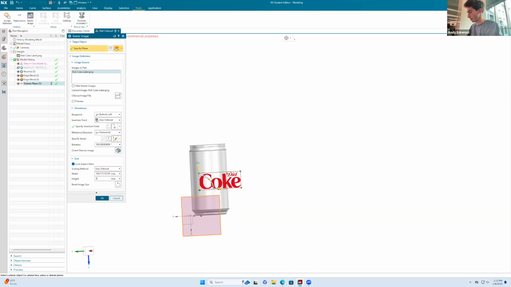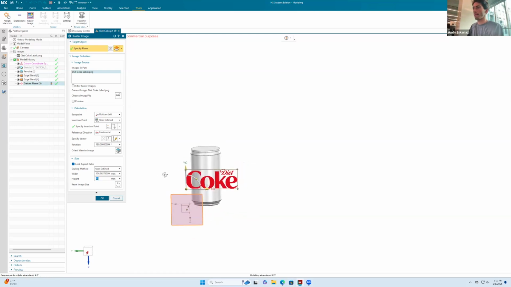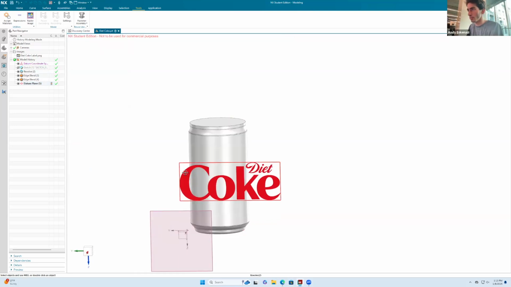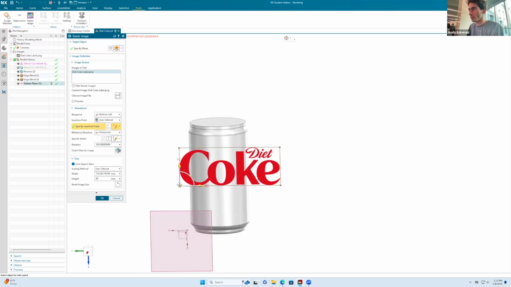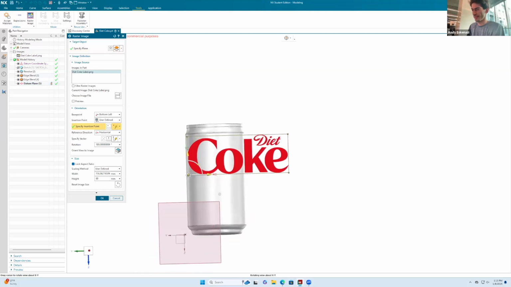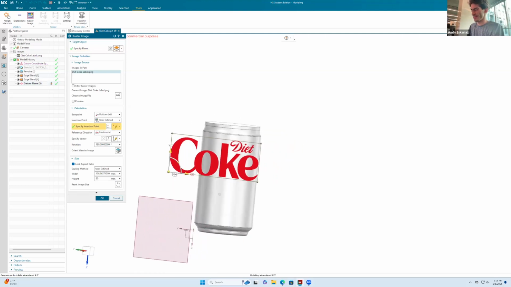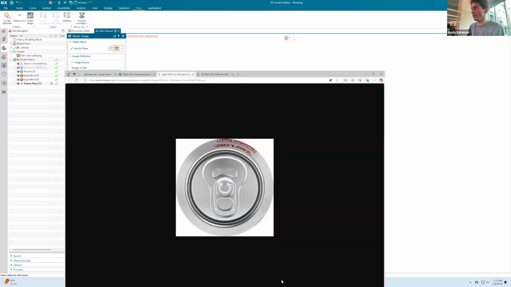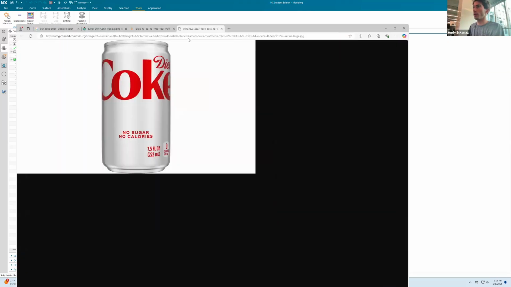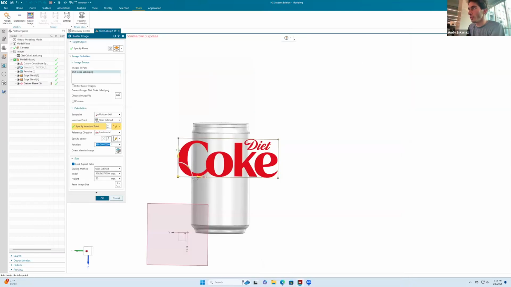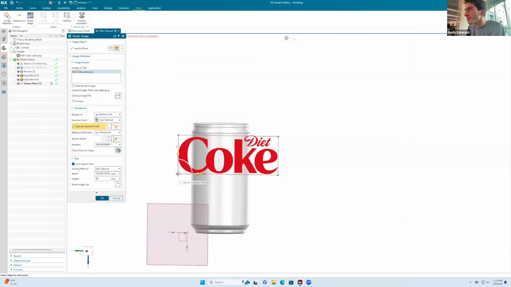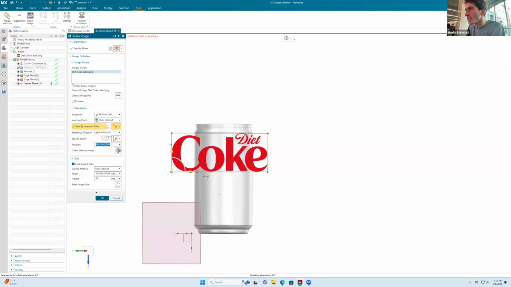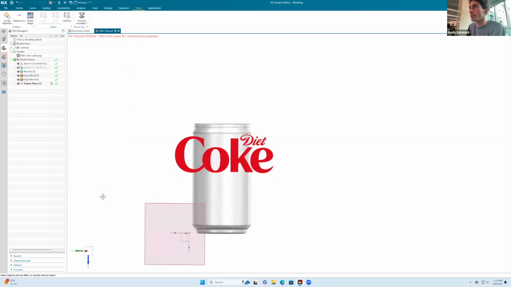No. Yes, I think that looks a little bit more appropriate. And see the picture of the can, how high is it? Yes, it's mostly before the transition to the curvature. So maybe just like right there. Say, okay,